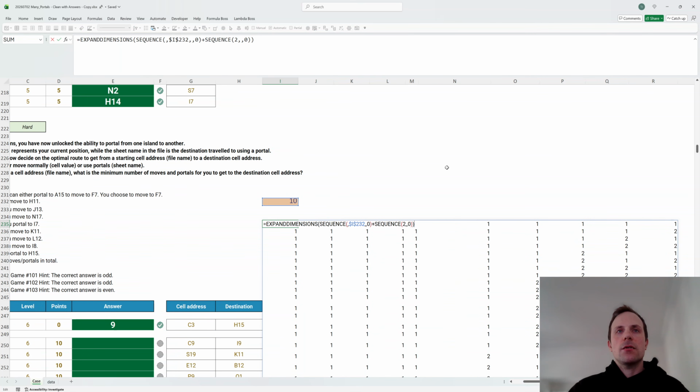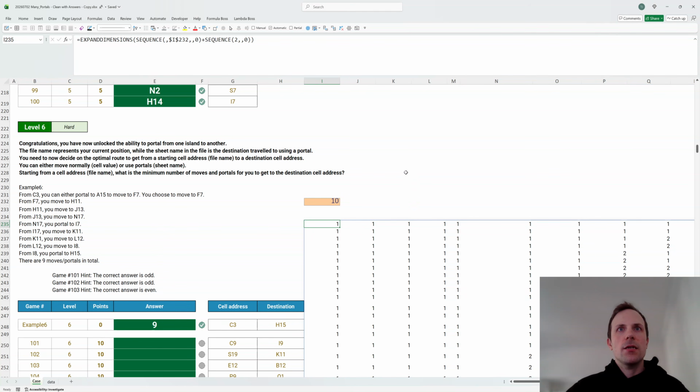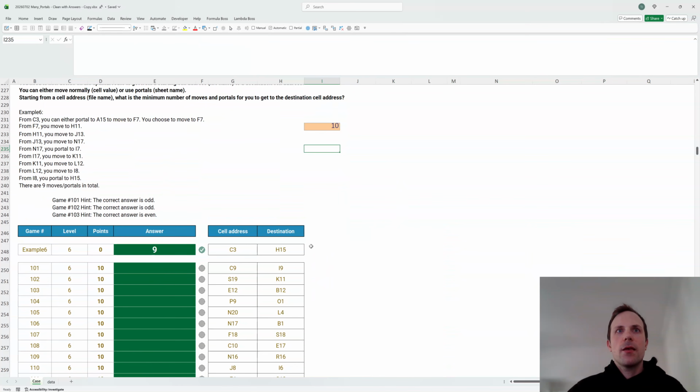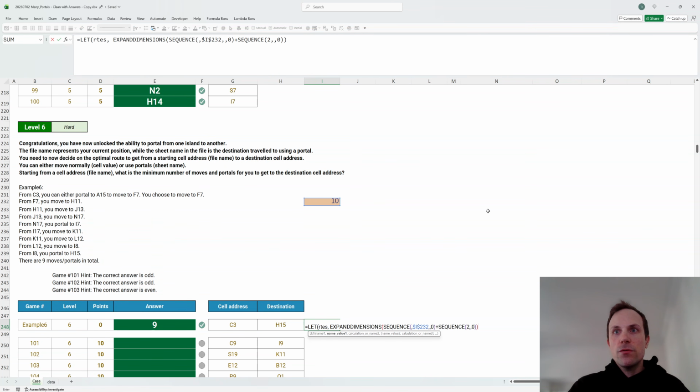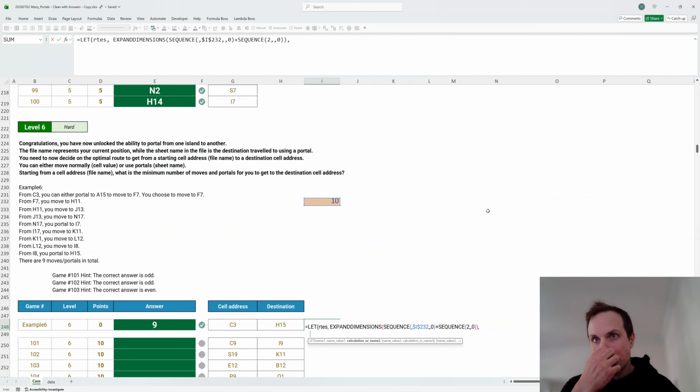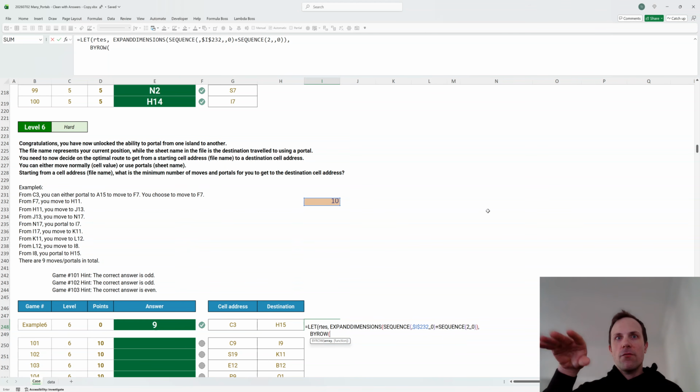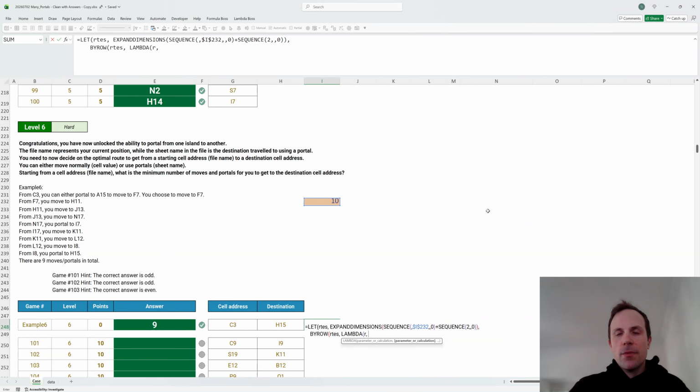And once we have that, we can get going. So I will copy that, and then we're going to say let that be our routes. So these are all the possible routes we can go on, and then we want to do a by row of that route. So each row in that array is a possible route we can go on, and we want to do a by row on routes, and we're going to do a lambda where for each row we want to